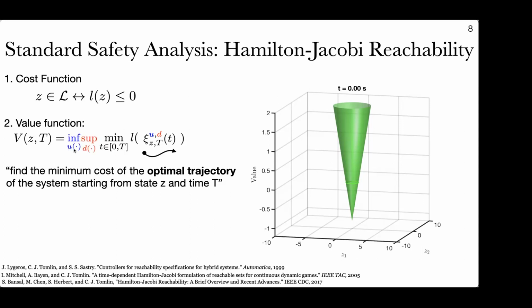This is saying that my control is going to try to minimize this cost and do gradient descent, essentially, towards the goal. And the disturbance is doing the opposite. It's trying to do gradient ascent and move me away from the goal. So this is my value function that I want to compute. We have an inf sup min over this cost. The cost may or may not be convex, and this whole thing in general might be nonlinear and very non-convex to solve. And so while it would be great to solve this in general, it's very hard in practice.